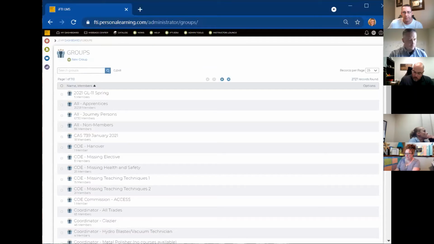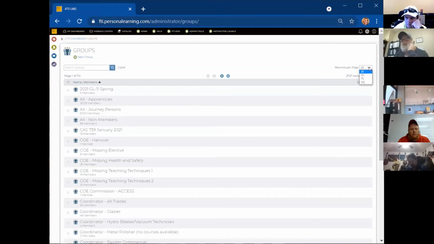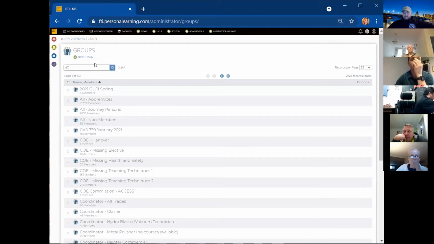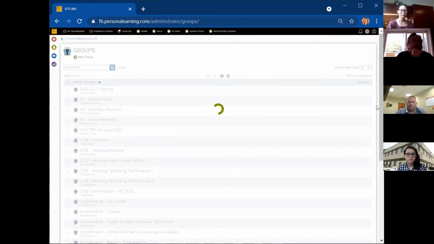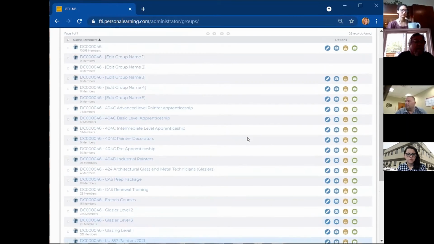One other thing, I'm not sure, we may have pointed this out in an earlier webinar, but we do have the opportunity to limit or expose more records per page. Right now this is all the groups. So if I search solely for DC 46, you will see that it has 26 records and it only shows 25 per page. So if I want to be lazy, I can just set it to 50. That way I don't have to change pages. I just scroll down and I see it.